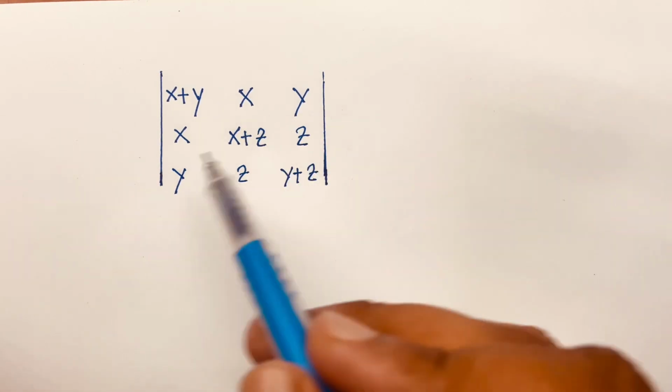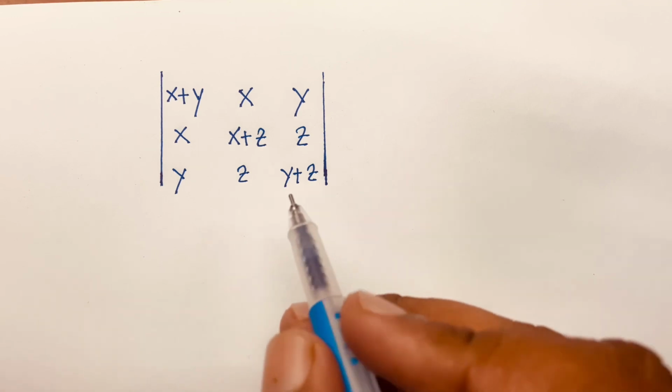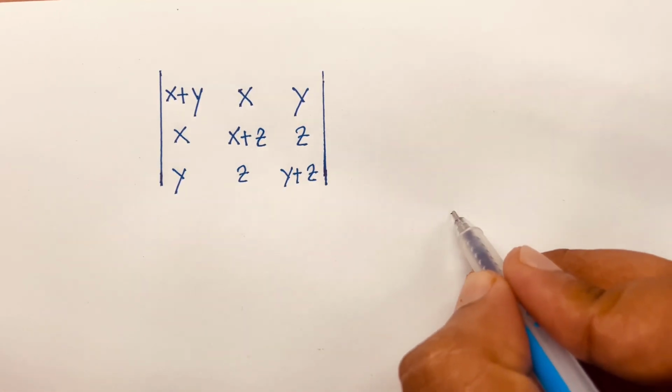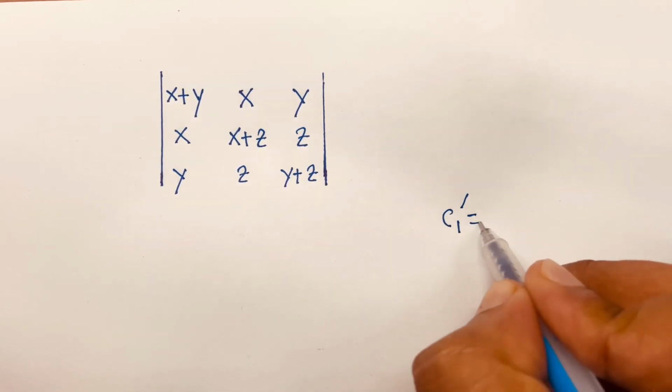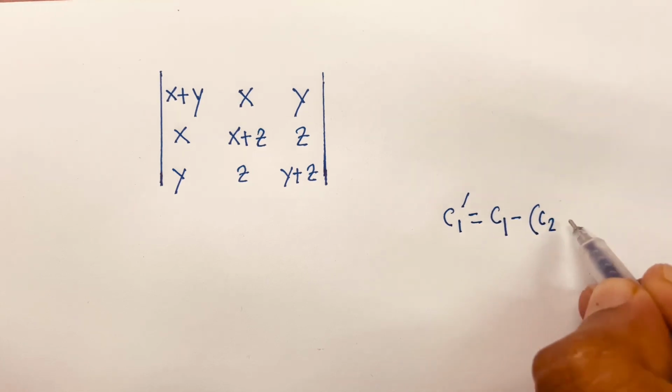Hello everyone, in this video I solved this interesting math. It is a determinant question. So here is 3 row and 3 column. So first of all I can say column 1 prime is equal to column 1 minus column 2 plus column